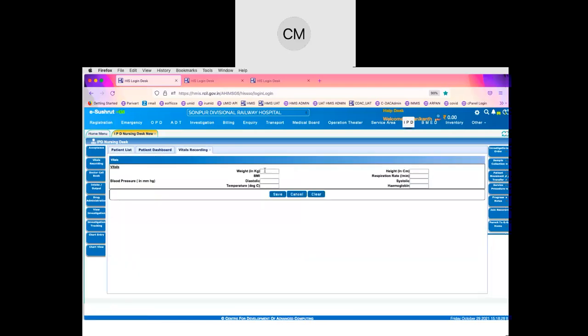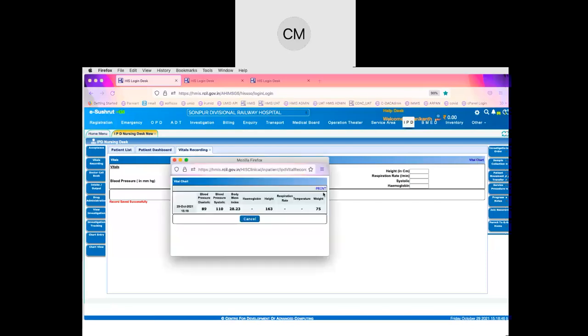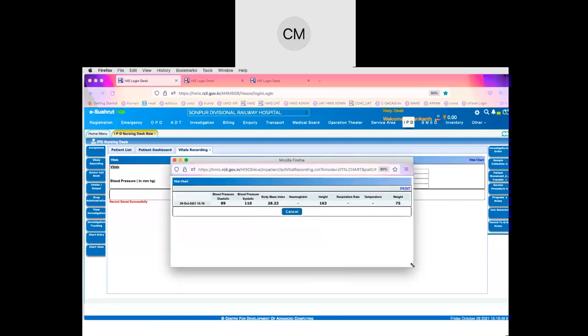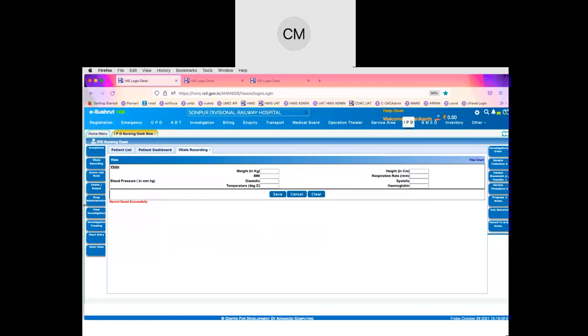And then vitals can be recorded by the nurse from time to time, and those details can be seen by the nurse to understand the patterns of the changes of the vitals. So those vitals which have been saved can be seen by clicking on the vital charts link there, and they can see here. So with the date and time stamps, it will show all the parameters wherever we have added the details.